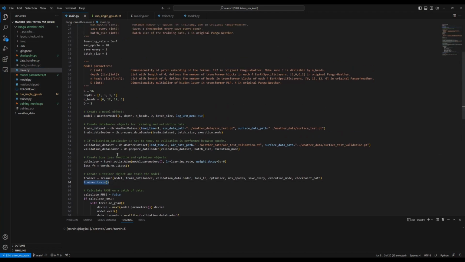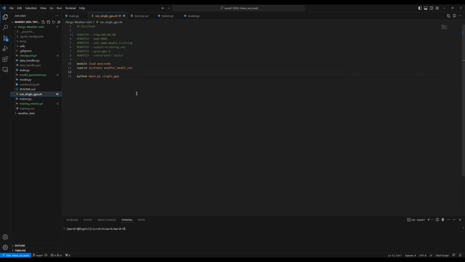And how do you submit this main script to Triton? By using a shell script, which is also included in the GitHub repository. This is a sort of an interface for the Triton cluster where you request the resources that you want to use: basically the runtime, how much time you think the training of the model will take, how much memory you need, how many GPUs, and maybe what type of GPU you want.